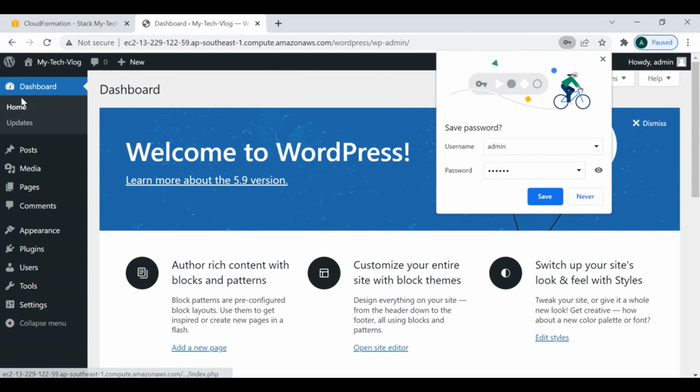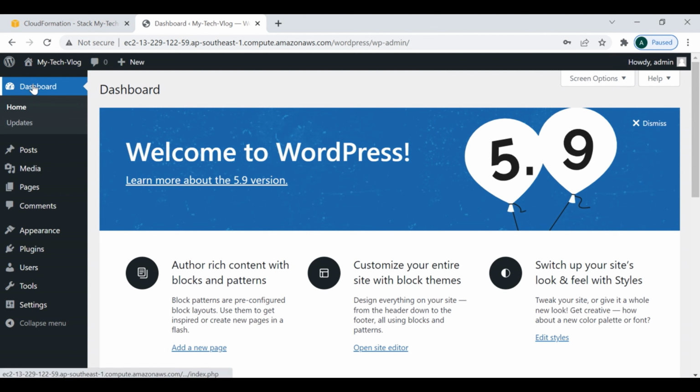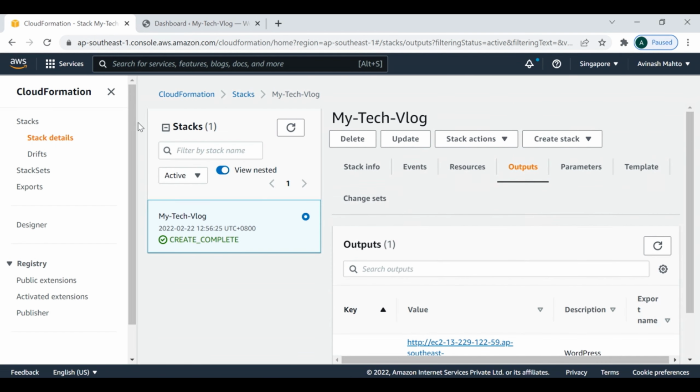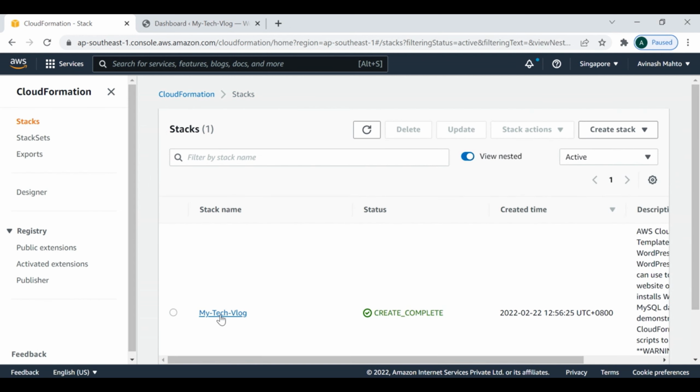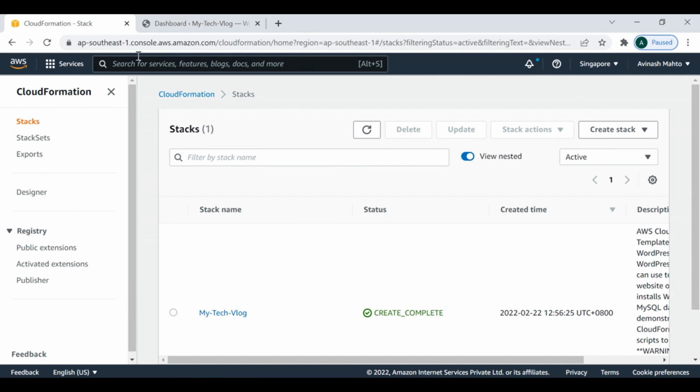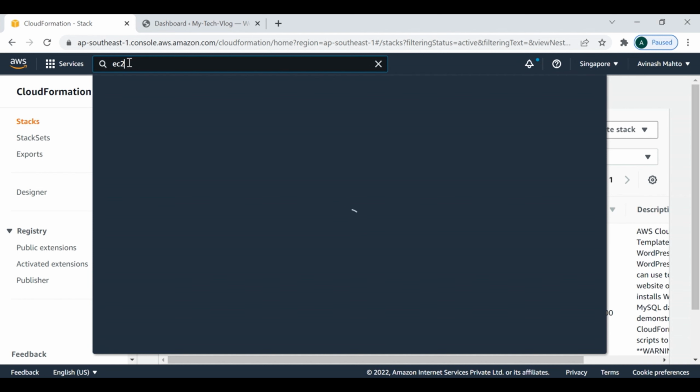So bingo guys, now we are completely inside the dashboard, inside the WordPress blog, and you can see that this is my tech blog WordPress site, which is hosted on CloudFormation, which has been created from the CloudFormation. It means that this is the stack where currently our WordPress site is running. So this is all about how, in simple 3 to 4 clicks, you can set up your entire configuration. Okay, so this is pretty much easy, and let me just take you to the EC2